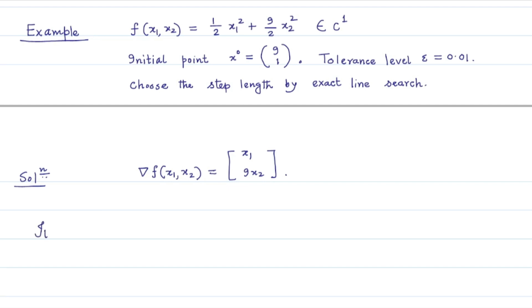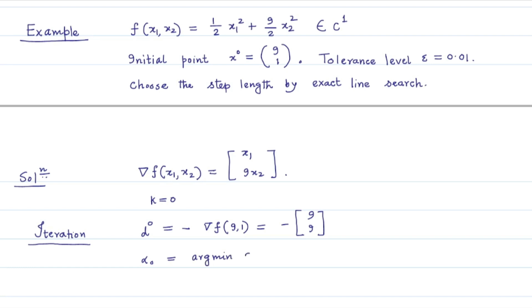Now let us execute the first iteration, in which the iteration counter k is equal to 0 and the steepest descent direction d naught is given by the negative of the gradient at (9, 1), which is equal to the coordinate (-9, -9), and the step length alpha naught is given by argmin of the function phi,